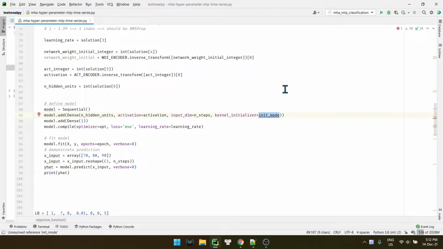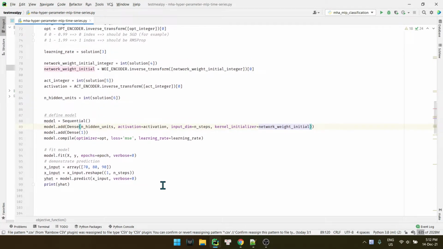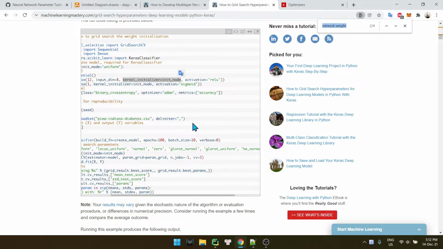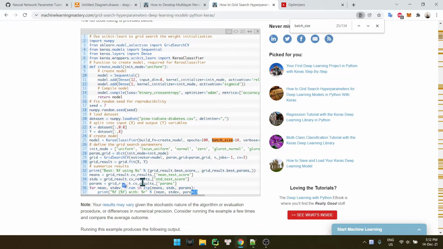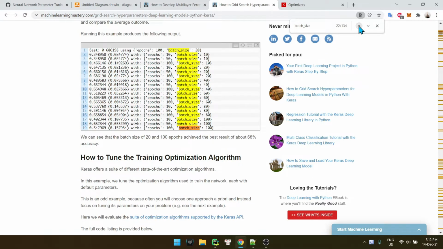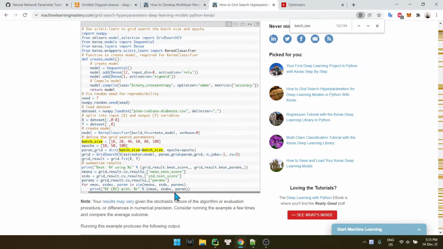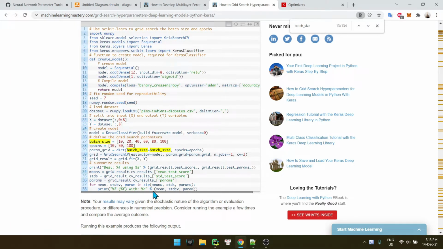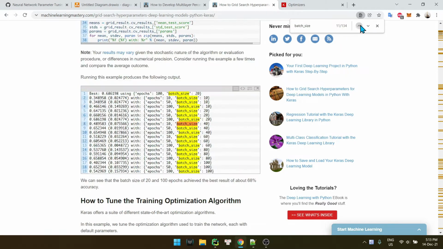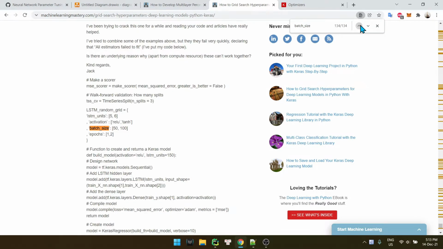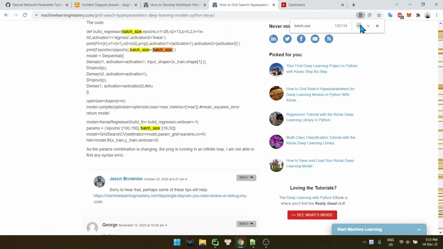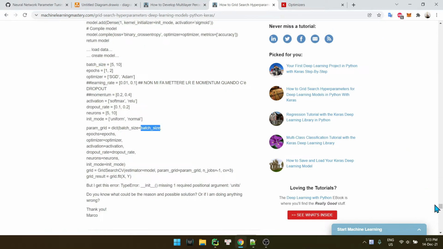Mode should be weight initial, and for the path size, let's go to path size.